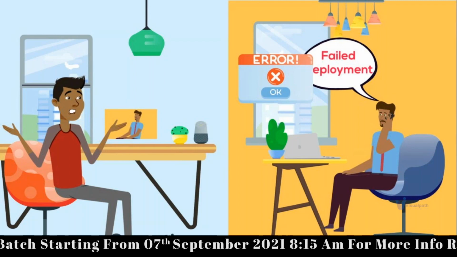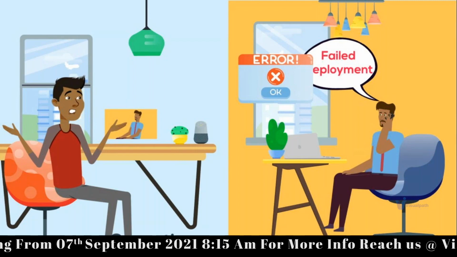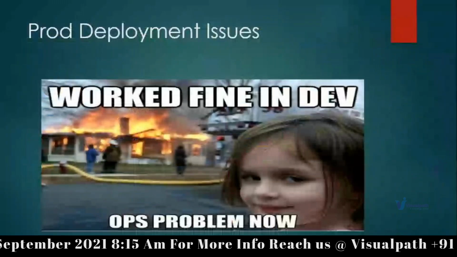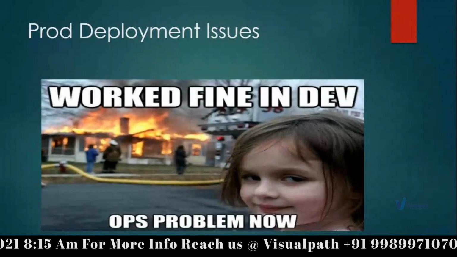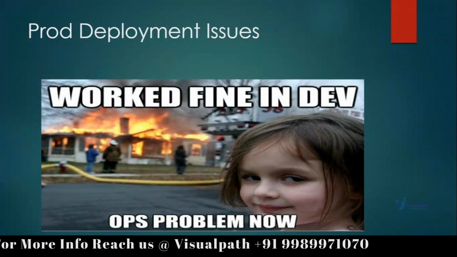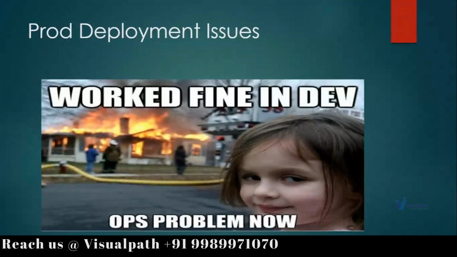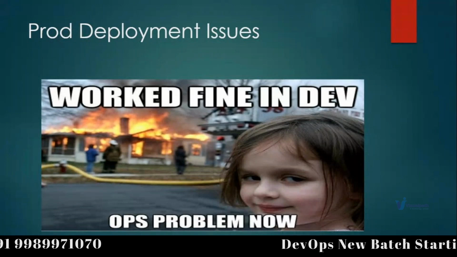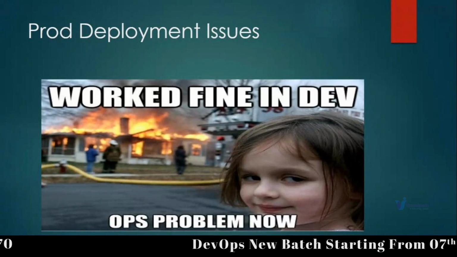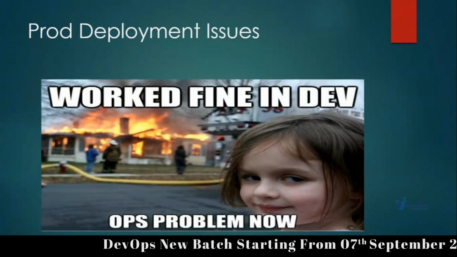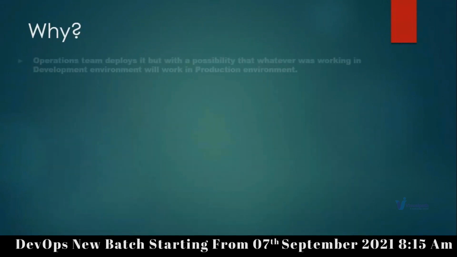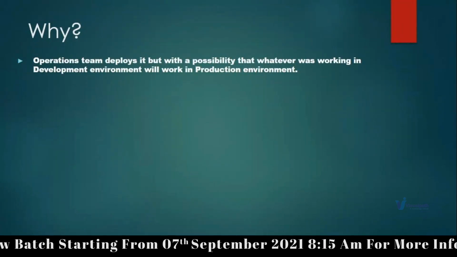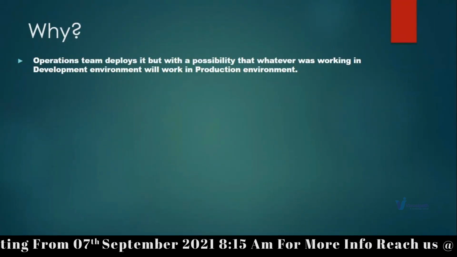Somehow they'll fix the problem and they'll continue, right? But this will cause delays. And even though somehow they promote it to production, they somehow made it work in the dev environment and test environment, then in production things start failing. It worked in the testing environment but still it fails in the production environment. Many times it happens. Why does that happen? There are many reasons for that. We're going to discuss some important reasons.